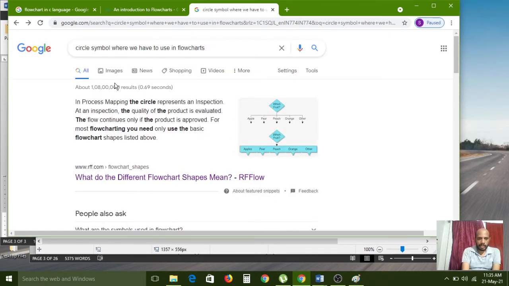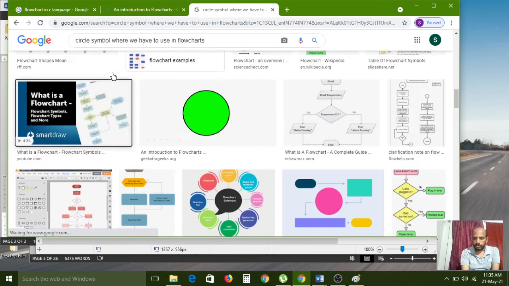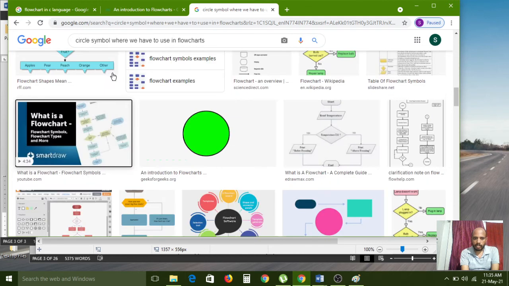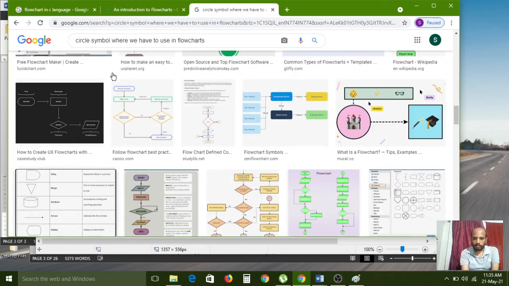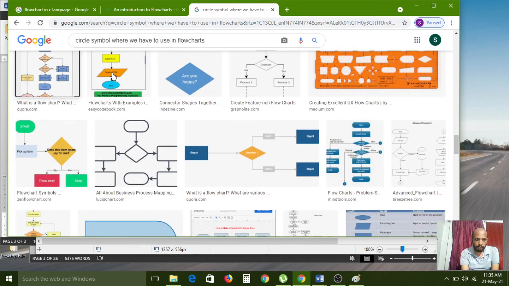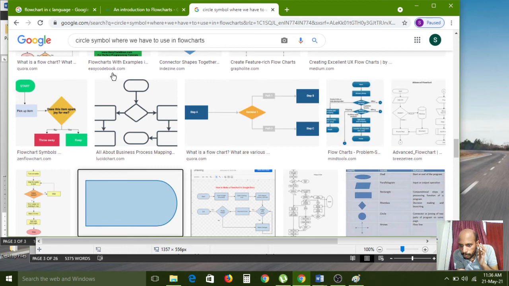By looking at the images we can identify it, where it has connectors or joining of two parts of a program on the same page.